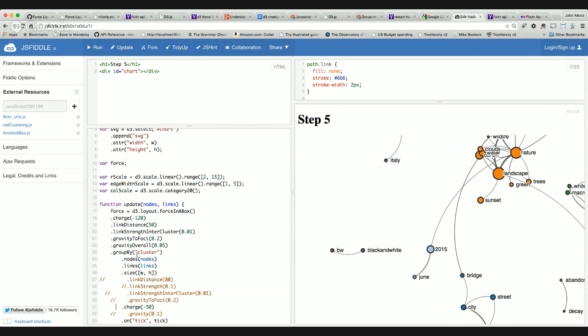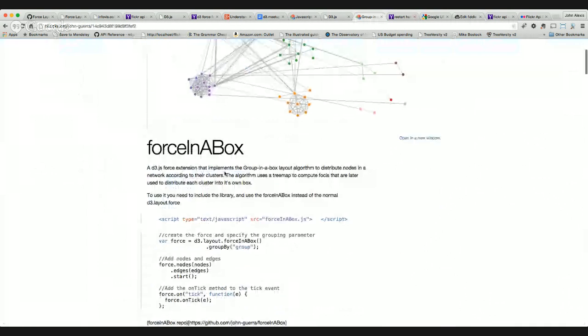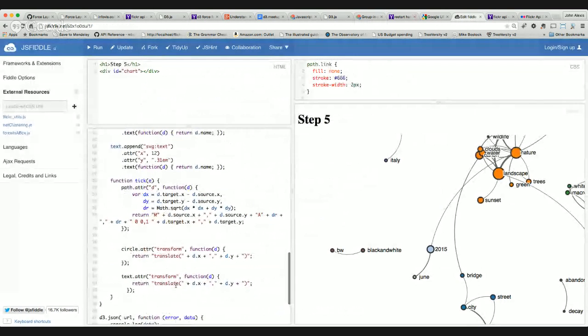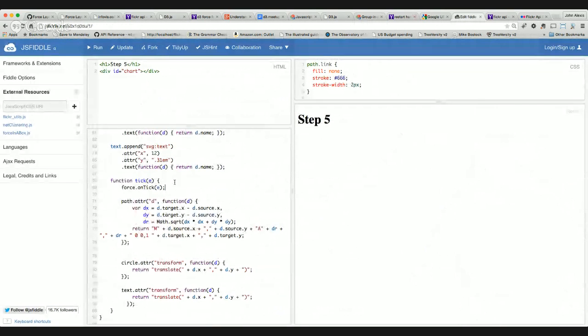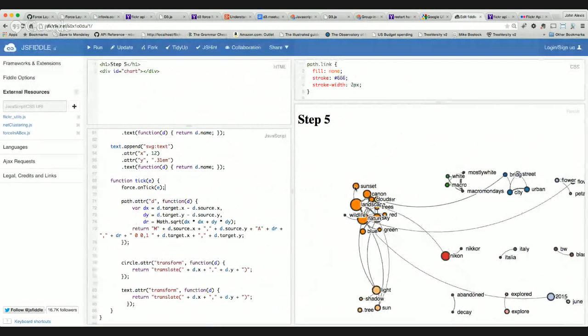Equality to force, charge. Oh, I forgot one thing. Good thing I remember. I need to add this into the tick. So I add that into the tick method. Now it's working. So it puts each one of my clusters into their own group, and it separated that into